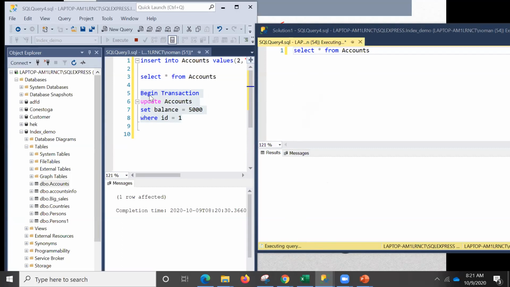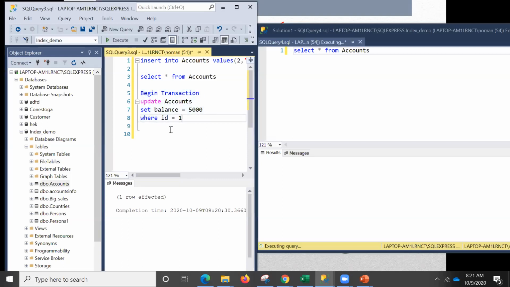Why? Because this transaction has, one way or another you can call it, locked this table. And why do we say that the transaction is still going on? You remember that we have not done any commit till now. So unless you do a commit, or unless you do a rollback, you won't be able to see this, like this query won't execute. So I hope everyone is getting the point about the transaction.